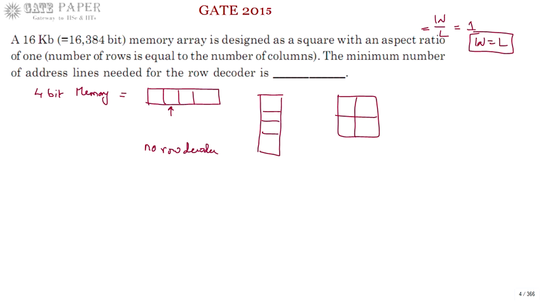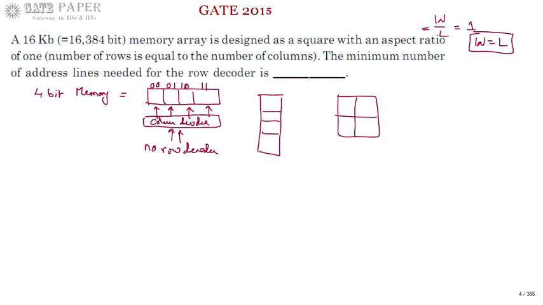But it has 4 columns. Out of those, it has to deal with a single column, so you must specify it. For that, it requires a column decoder. That column decoder points out one particular address location based on the address lines given. If you want to go for the 4 different columns, each is given a unique address: 00, 01, 10, 11. So it requires a decoder consisting of 2 lines.